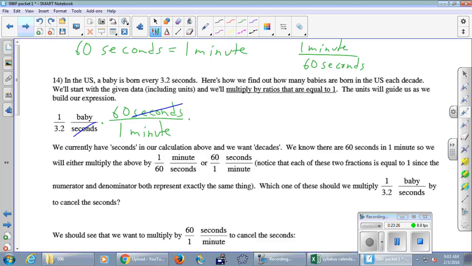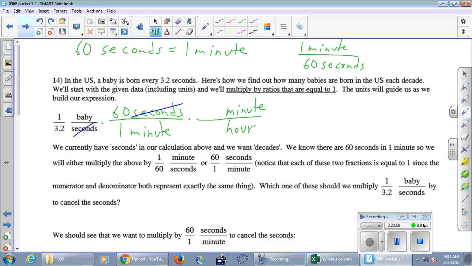Okay, next unit of time from minutes, hours. So give yourself a blank fraction. You're going to do hours and minutes in some order. You've got minutes on the bottom. Where would you like to put minutes in this fraction we're building? Up on top because you want it to cancel. So let's put minute right there,